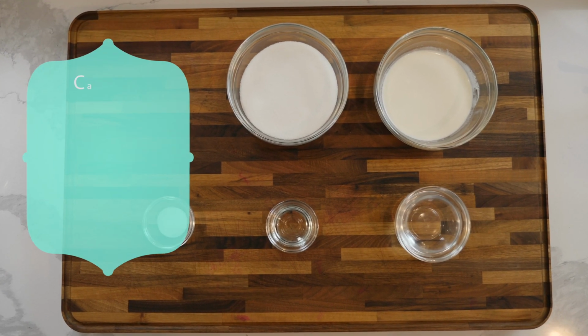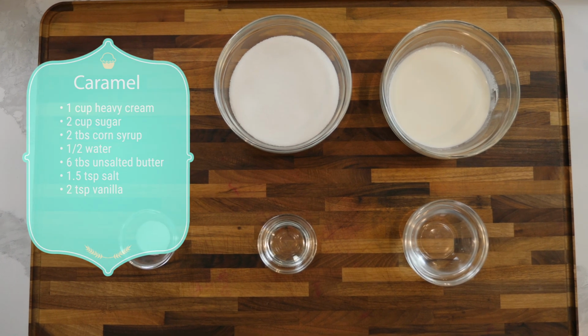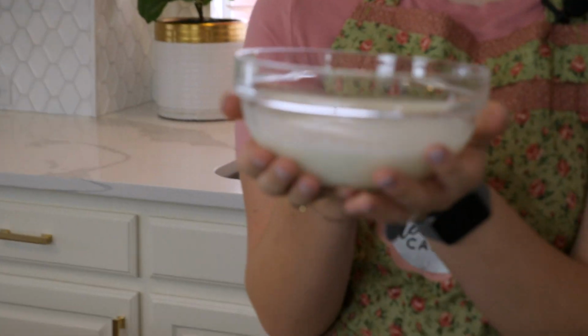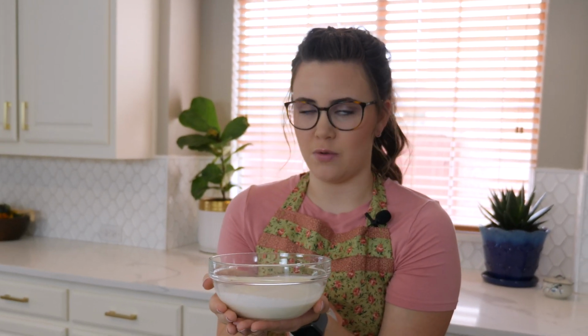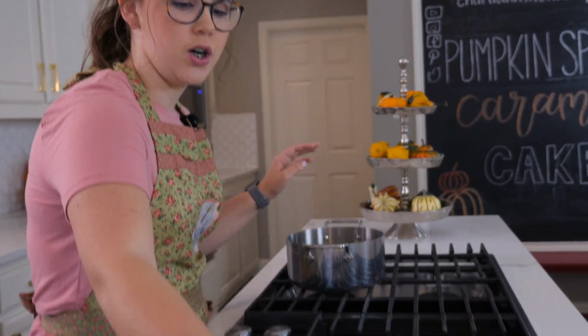All right, to start, we're gonna make our caramel or however you say it. First, I have my heavy cream and I'm just gonna warm this up in the microwave. I don't want it to be cold because when we put it in hot sugar, it'll seize and curdle and won't be good. All right, now that we've warmed our cream, we're gonna add our sugar,